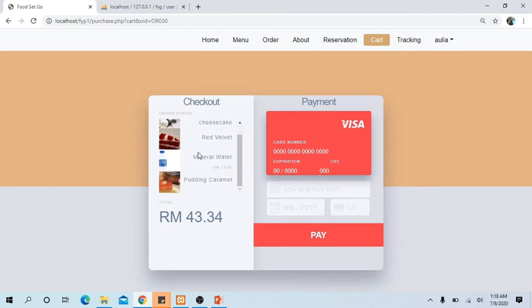If the items that have been ordered are in this list, the user needs to put the account card number to make a payment. Need to fill this payment field. So the user will put